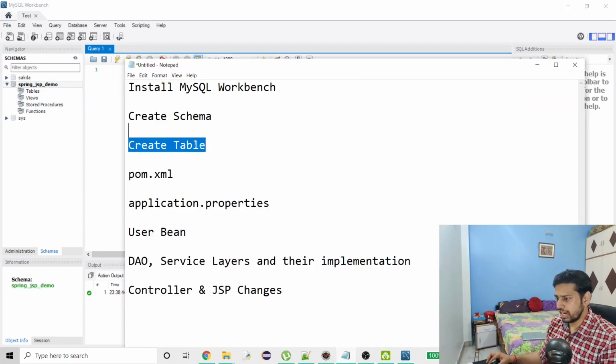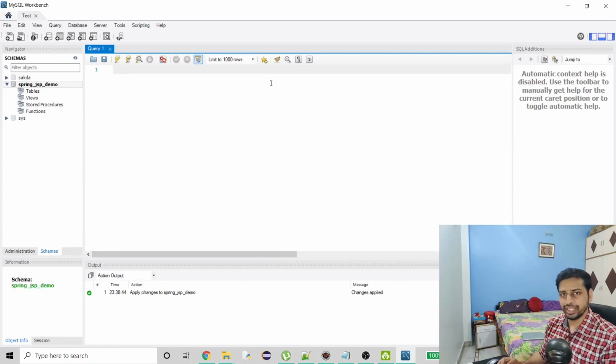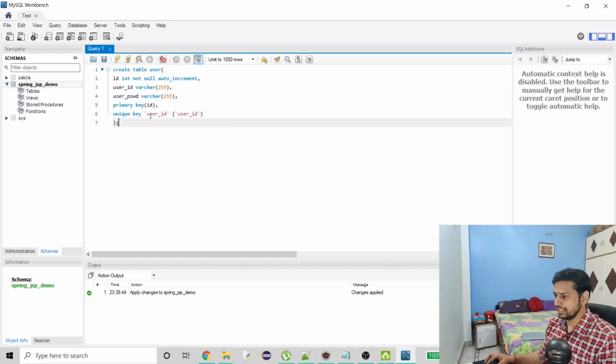So we have to create a user table. Now again I'm going for the basic and necessary stuff. In this table I just want to put user ID and user password. User ID is going to be unique, and password can be the same. I don't want to hold any information like mobile number or email address. It is going to be a simple table, but you can add more columns if you want, because the format will be the same. So let me write down the query, because there is not much to explain, and then we will talk.